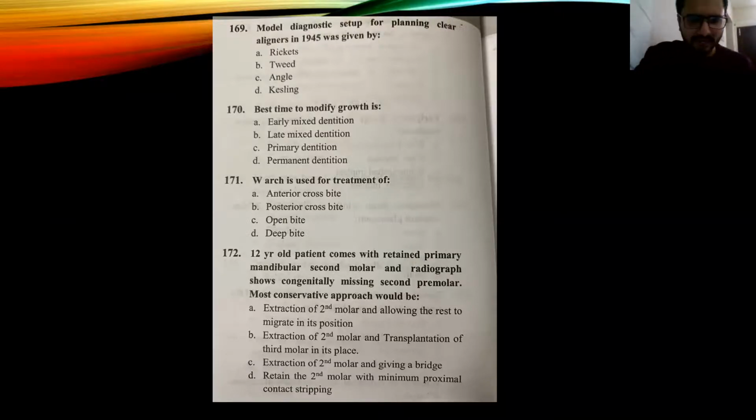If it is not a conservative approach, then you can try extracting your second molar. No, it's a premolar, right? You can't even migrate it. You have to see the case. So why would you want to extract a primary mandibular second molar and transplant a third molar in its place? You can give an implant in that position. You can reduce the space and you can give an implant, or you can protract all the molars in front. You have to see the case and decide. If it's a class 2 case, class 3 case, class 1 case, depending on that, you have to take a call.